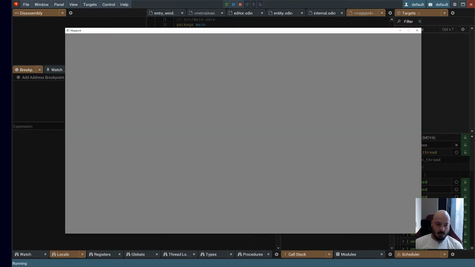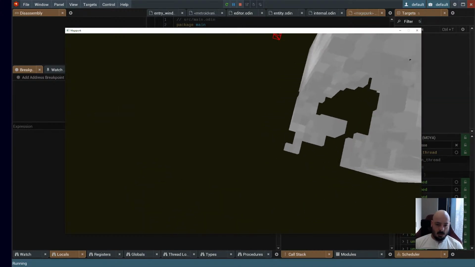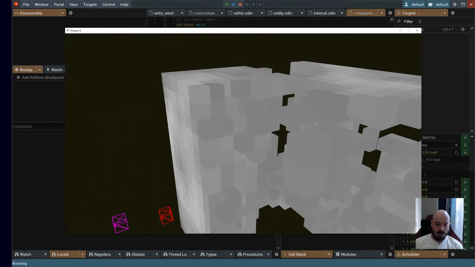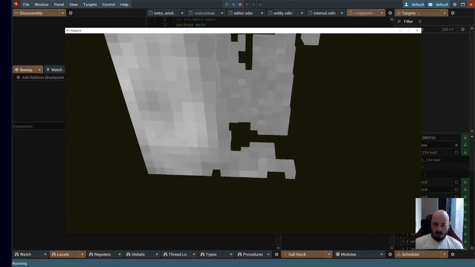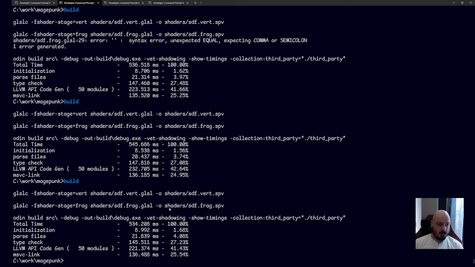Okay, so this is not great. I'm teleporting to the origin, but the origin is inside this big cube. I thought maybe I'd be able to see something, but